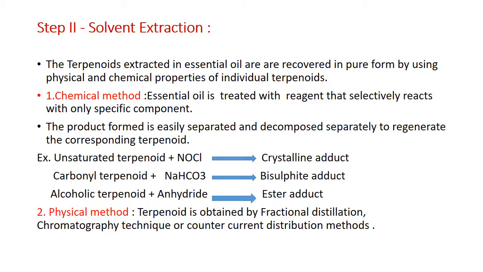This method is known as the chromatographic technique. The separated components are identified by their different colors. These colors are also obtained by reaction with specific reagents, such as rubeanic acid, ninhydrin, or any other reagents. This method is known as the chromatographic technique.